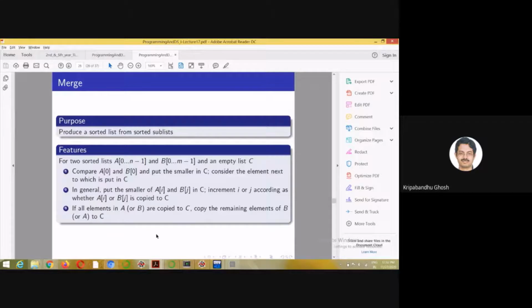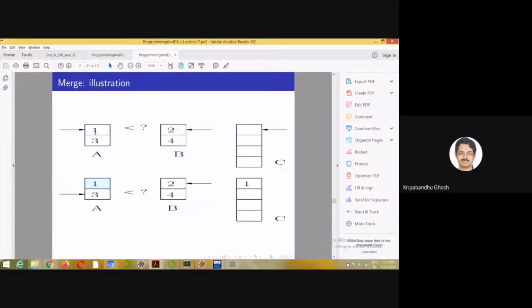We compare the first elements, and we put the smaller element into another empty array, C. So we have an empty array C, and we compare 1 with 2. 1 is smaller, and we put 1 into C. And we move the index to the next element of the array whose element we have copied to C.